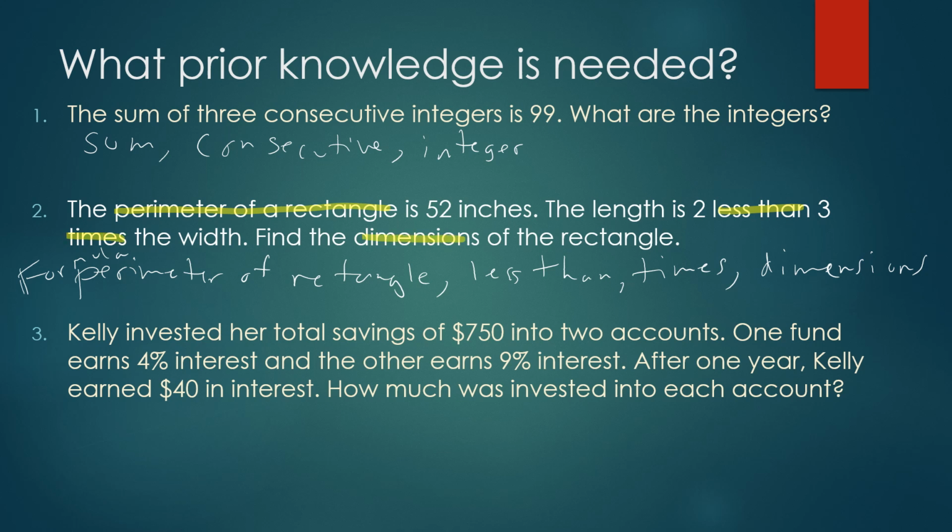Now let's look at the next one, number 3. Kelly has invested her total savings, $750, into 2 accounts. One fund earns 4% interest and the other earns 9% interest. After 1 year, Kelly earned $40 in interest. How much was invested in each account? There's a lot of information here, but we really only need one piece of prior knowledge to help us with this. And this is that formula of the amount, in this case the interest,